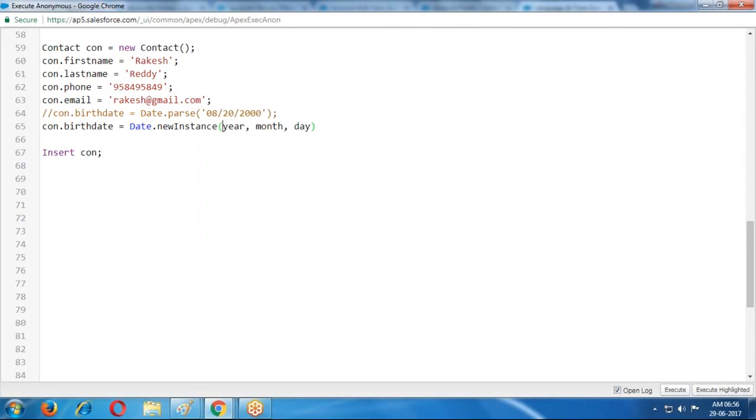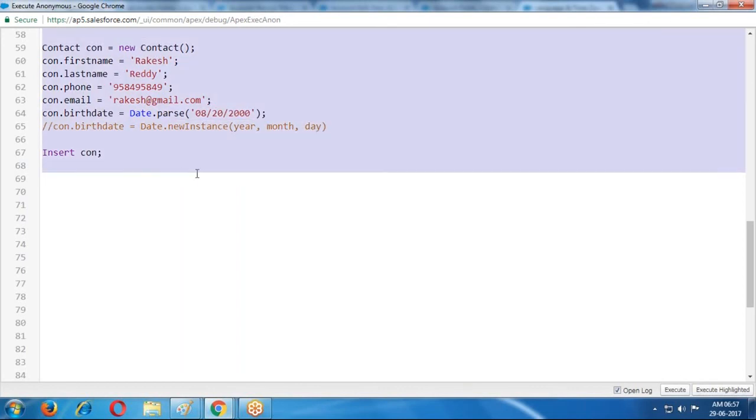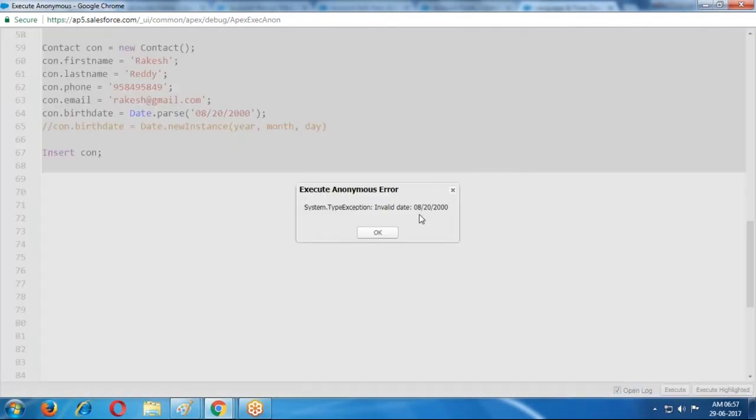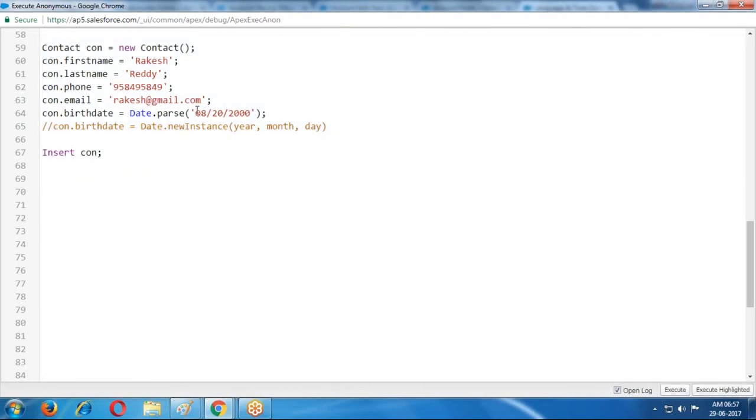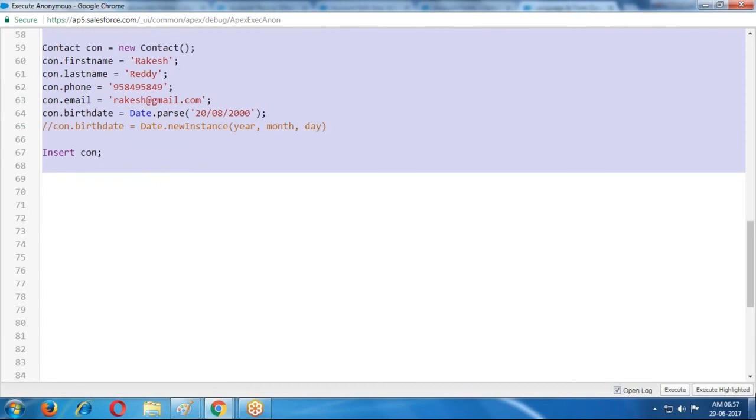Before that, I'll show you: if it is the Indian format, it cannot accept this date. Here 20, it is 08, then it is accepting for the Indian format.